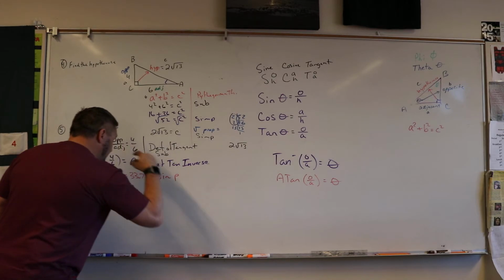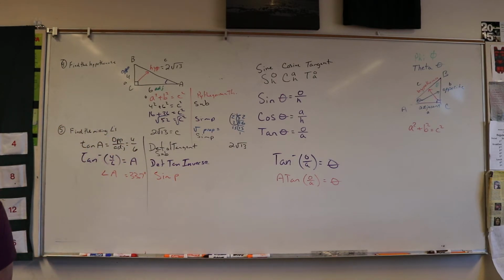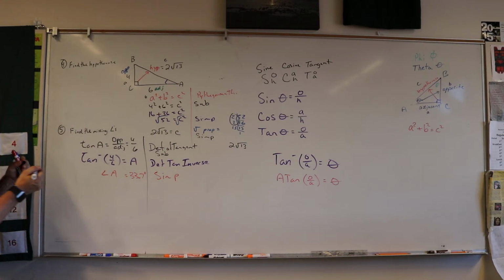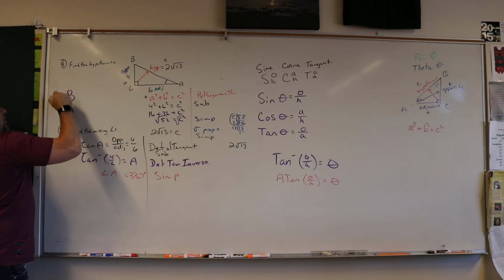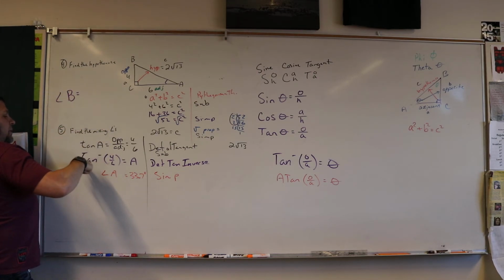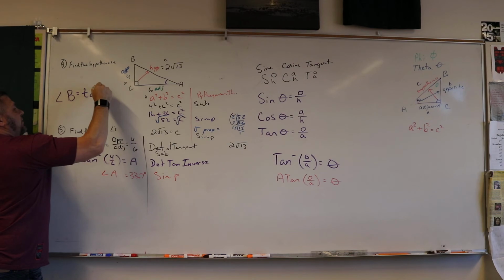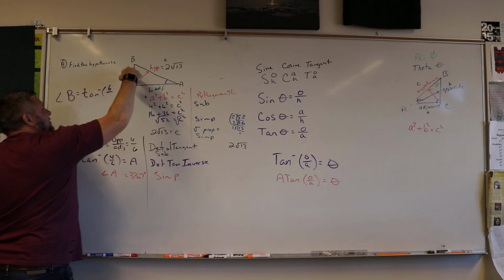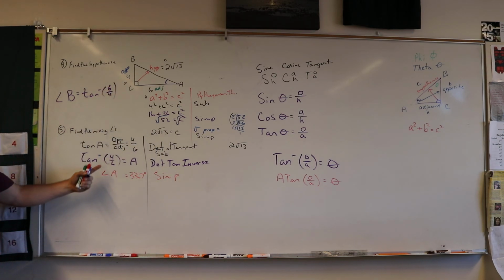Now, here's the cool part with B. I could do B two different ways. I could do it the same, because angle B is going to equal the tangent inverse of opposite 6 over adjacent 4. See how they're flipped? Now I could plug that in, or I could remember that